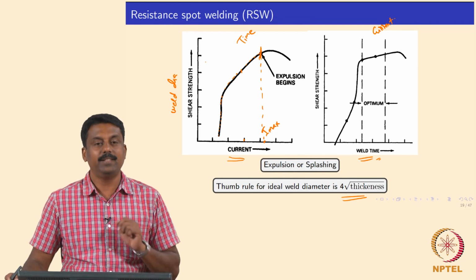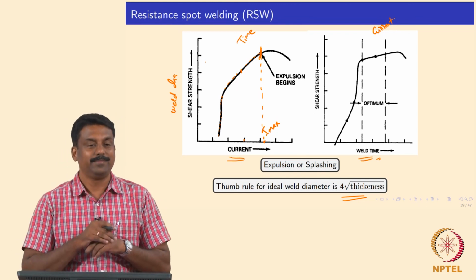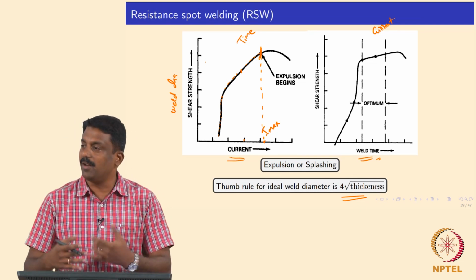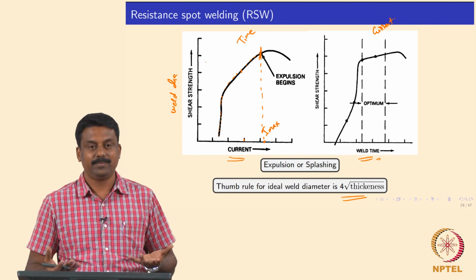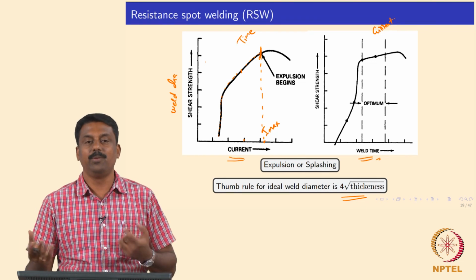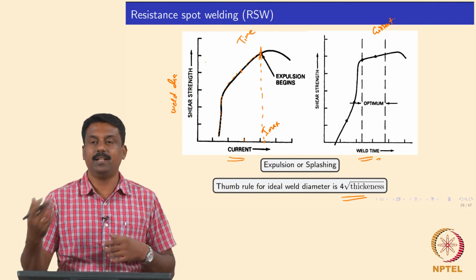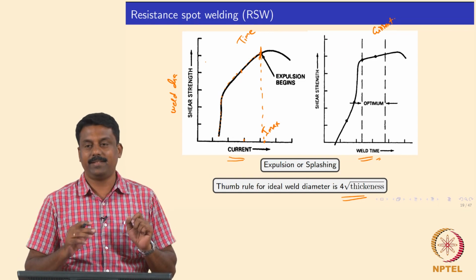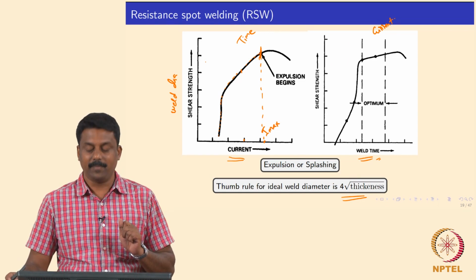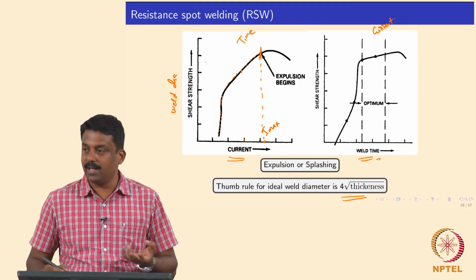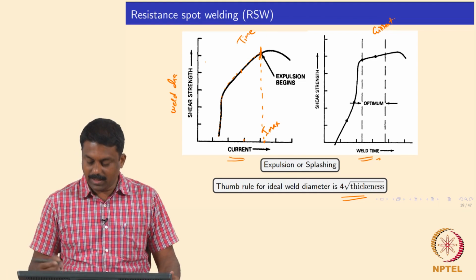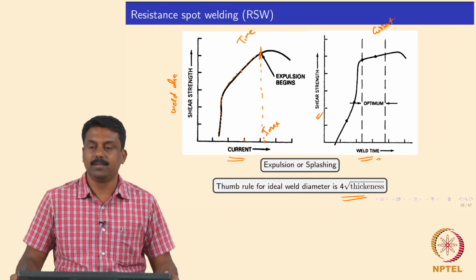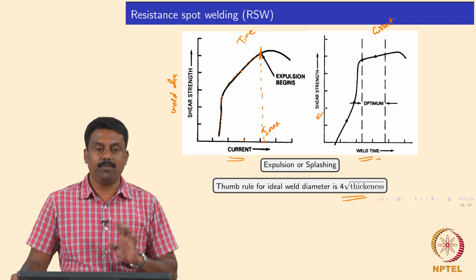So once you identify the current, you can also vary the time, is not it? Time for a given current would also change the weld nugget diameter, because I squared R t, Q, is a function of current and then time, because contact resistance is fixed as long as load is fixed, is not it? So you can also get a weld nugget time curve generated for a given current and identify the optimum weld time required to generate a nugget diameter of your interest.